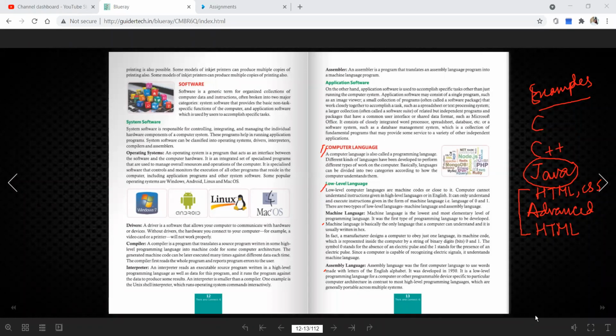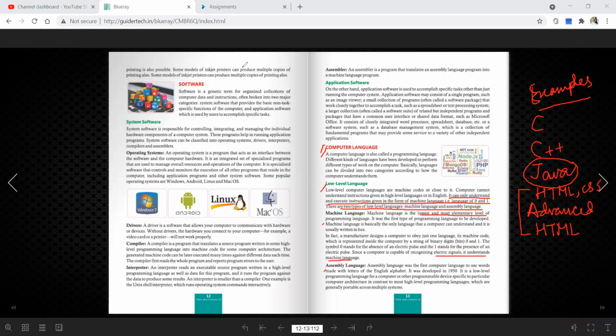It can only understand and execute instructions given in the form of machine language, that is 0 and 1. There are two types of low level language, machine language and assembly language. Machine language is the lowest and most elementary level, a kind of electric signals.